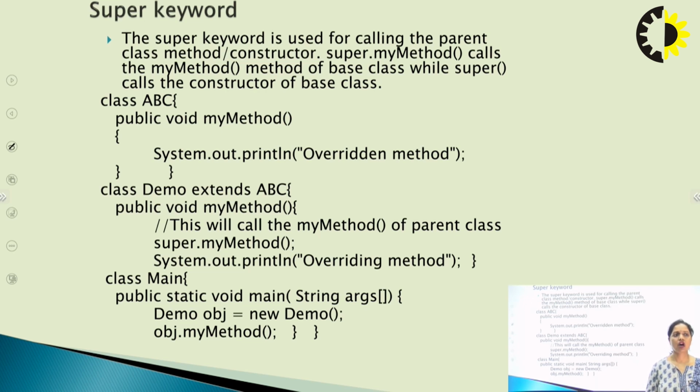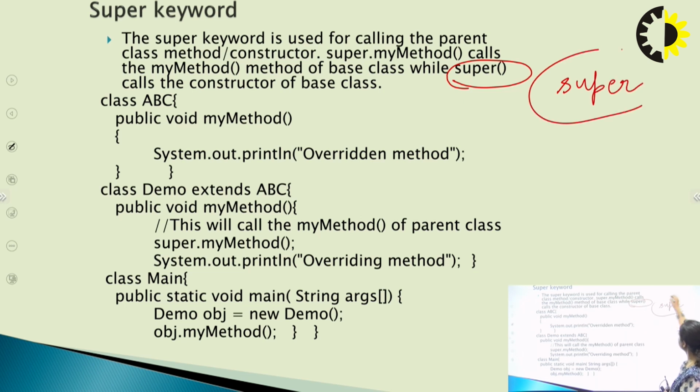So how can it be possible? Let us see with the help of an example. Before that, I will discuss how we can write the super keyword. Just write super, which is a predefined keyword in Java, in front of the method which we want to prevent from overriding. So let us take this programming example.